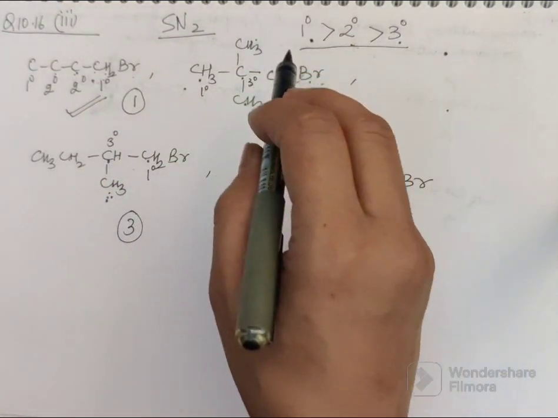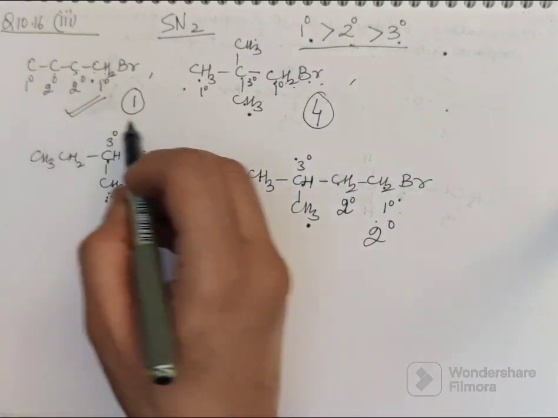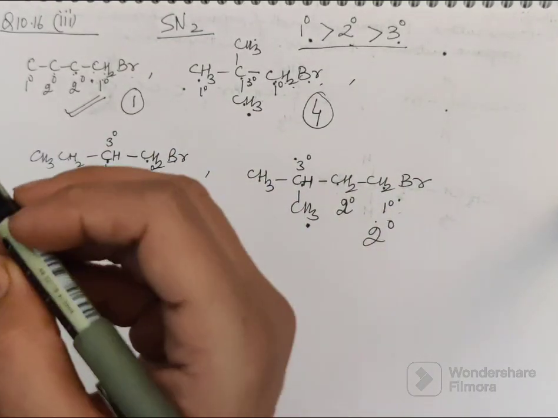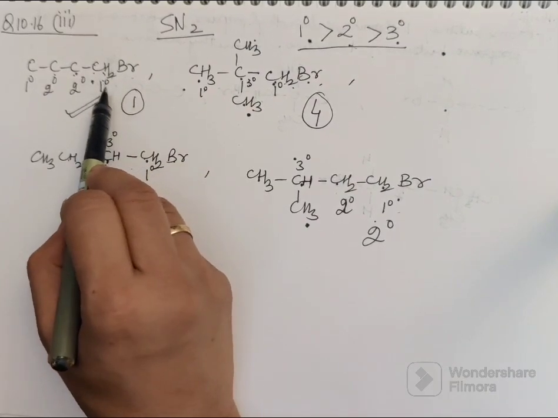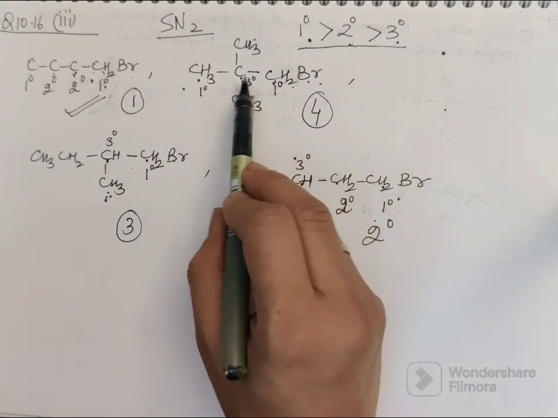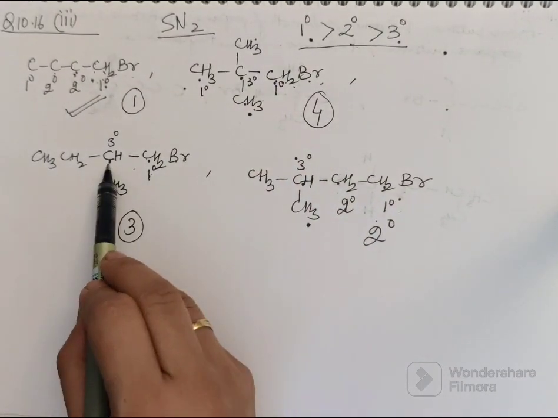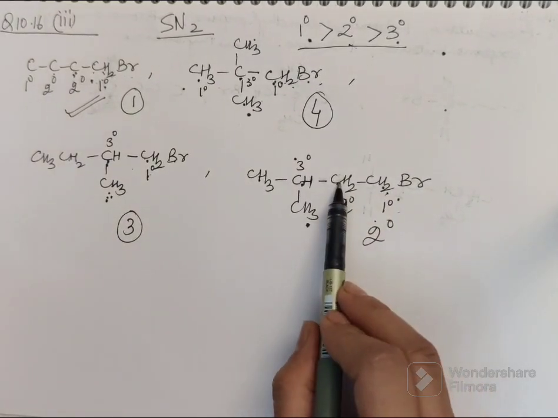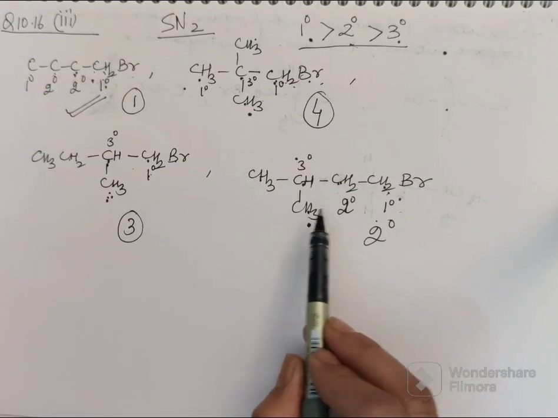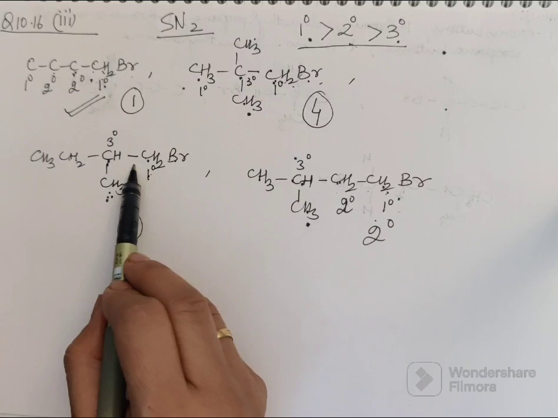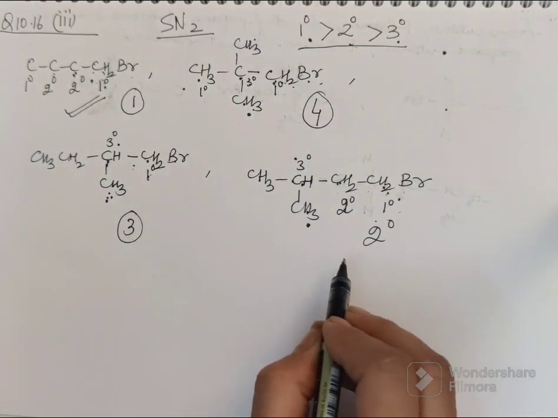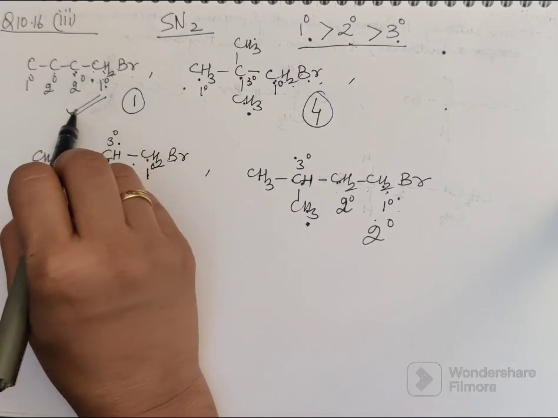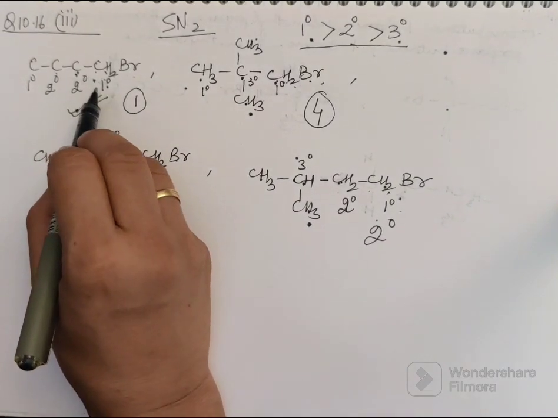In such a case, we go to the next carbon atom and we see how many groups are attached to the next carbon atom. For example, this is primary, this is secondary, this is primary, this is tertiary, this is primary, this is again tertiary, this is primary, this is secondary, but then the methyl group is at the 3rd carbon atom. In this primary, this is tertiary. So when we look at all of them, this one will give SN2 fastest क्योंकि इसमें steric hindrance सबसे कम